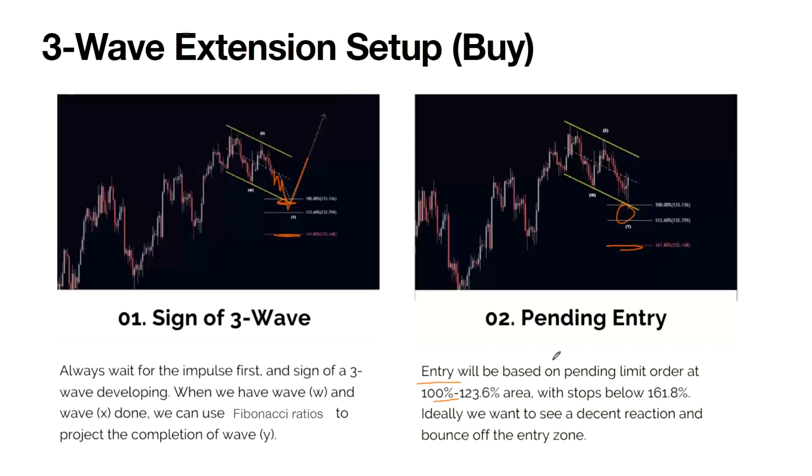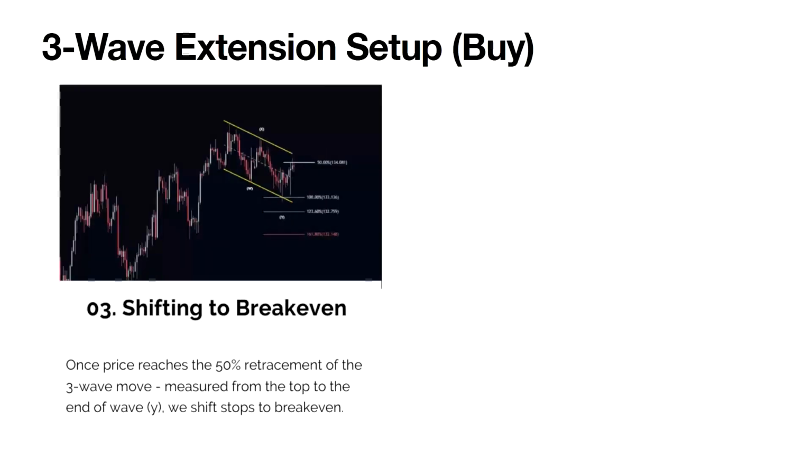The stop is at a 1.618 extension, and we need to be clear what we want to see: a clear impulsive bounce, where the market tags the area and then shows some reaction. That's what we want. Once we enter those trades and the market starts to move in our direction, what do we do? We start to manage it. Again, we need to be very clear before the market actually moves. We need to know, if this happens, this is what we do; if that happens, this is what we do. That's what we call a setup.